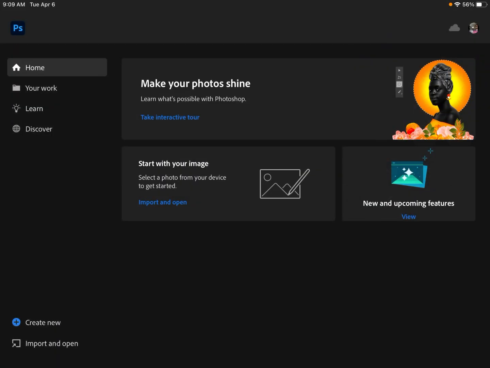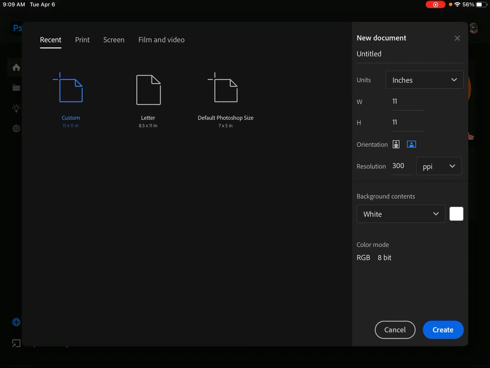All right, so I'm going to show you how to do a composite panoramic, hopefully in the Photoshop app on my iPad right now. So the first thing that I am going to do is create a brand new document with a blank piece of paper. If I go to create new, one of the things that I want to do is actually create a